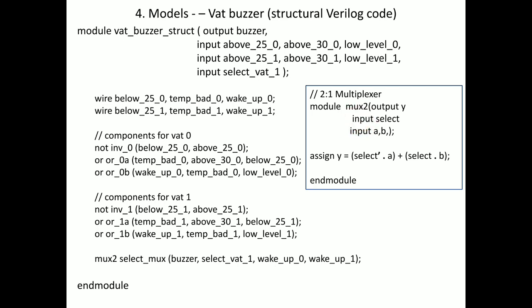So this is one way to identify the mistakes in our program. I hope this has cleared it up. So I have corrected the mux2 module name also. Now this entire code will work fine. If I had left select_mux, this program would not have worked properly. You would have been stopped with an error. It's not a warning, it will give an error. There is no mux2, we cannot proceed further, we cannot simulate.